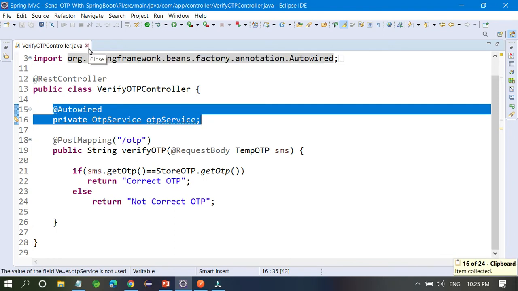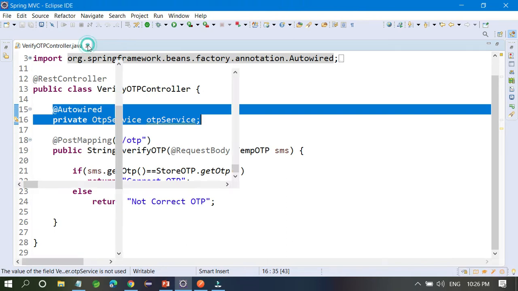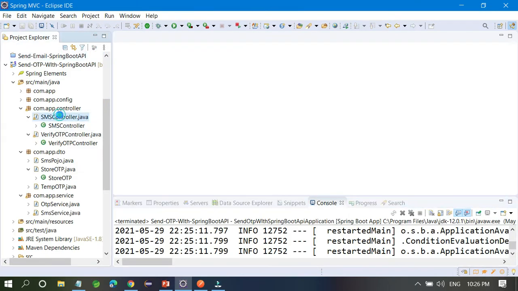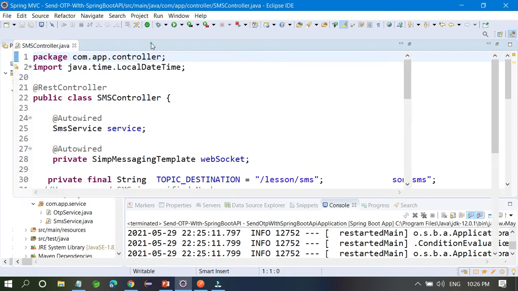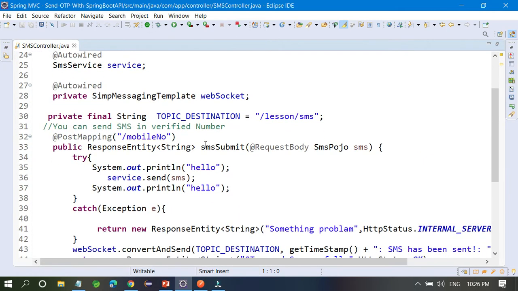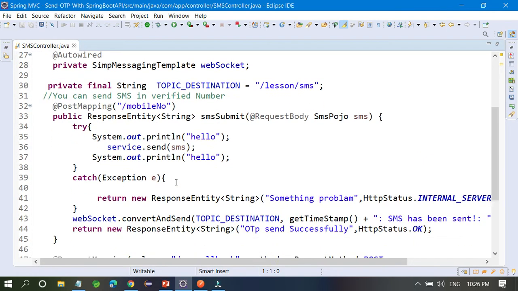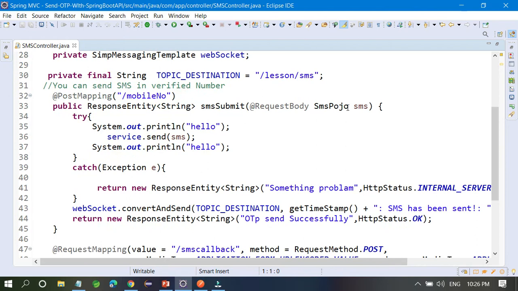and just cut it and go to the SMS controllers. Once you get these numbers, I'm not doing it real-world type, once you get these numbers from the server, from users, then you have to verify whether these numbers are available in the database or not, then you have to log in these users.